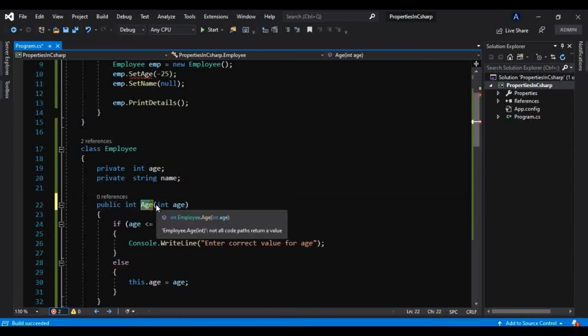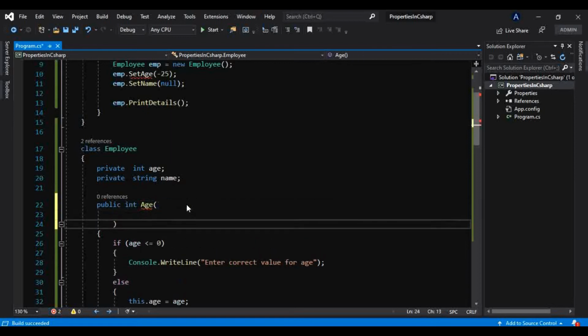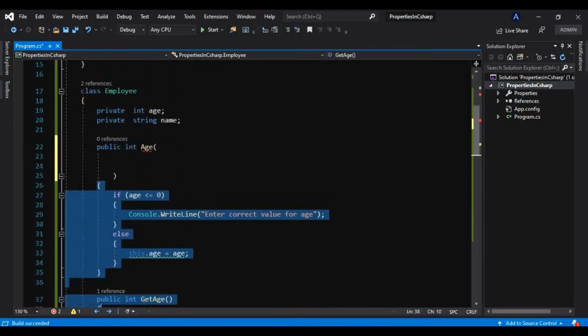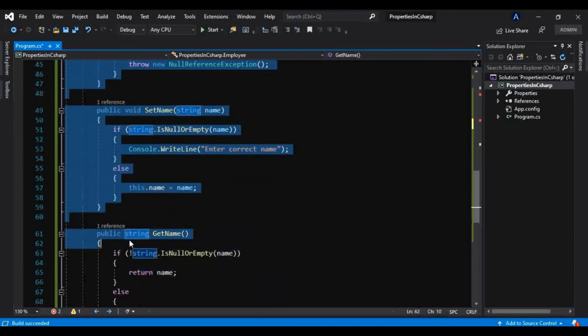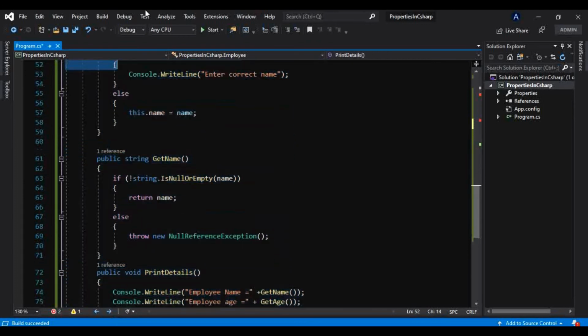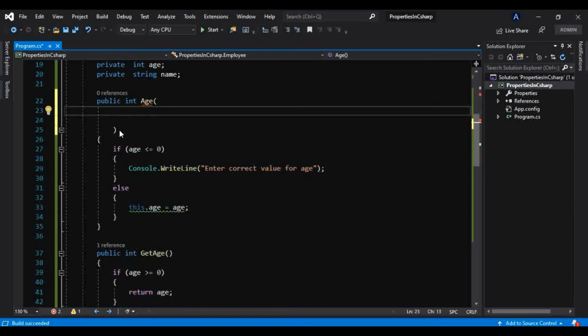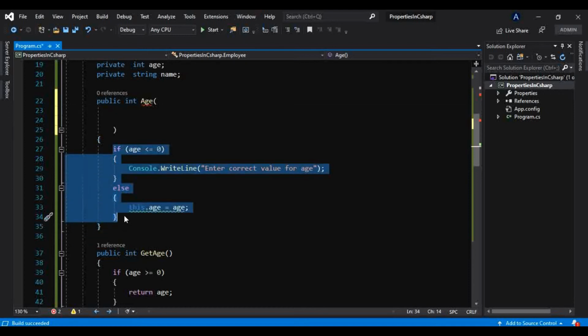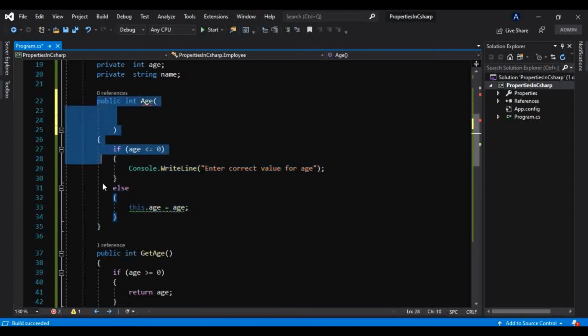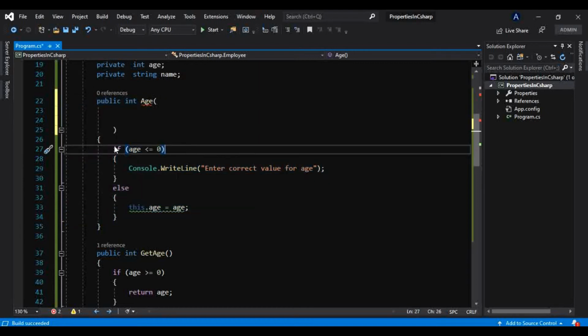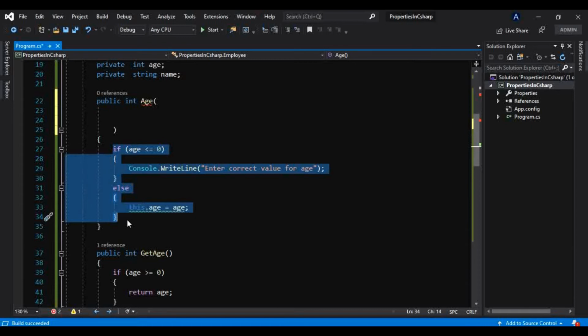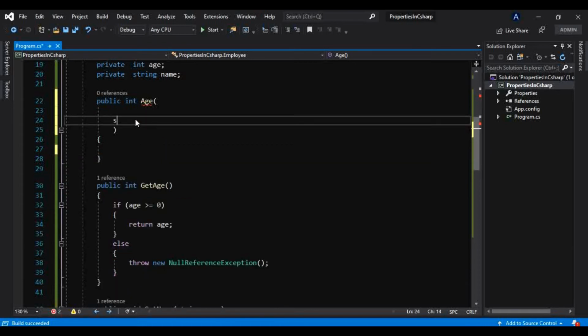Okay, and inside that, I will keep the old code as it is to show you something: that instead of having separate getters and setters, you can have both getter and setter access inside this single property. Okay, how? Let me have a set accessor like this.